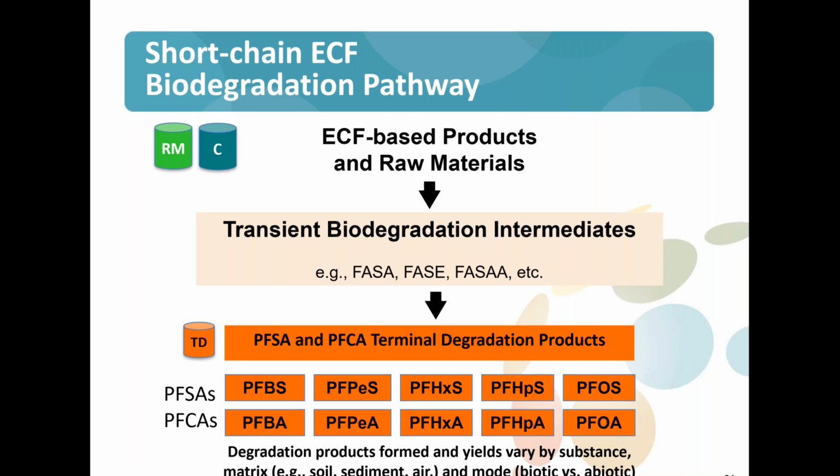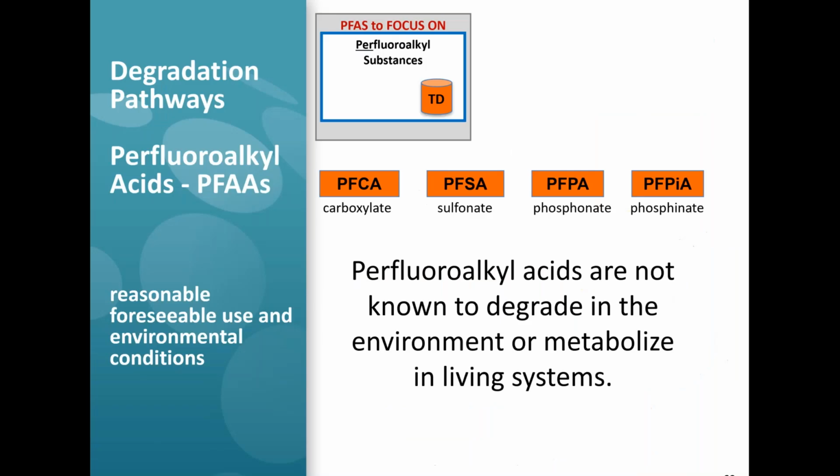Okay? All right, let's move on and talk about the next box, the perfluoroalkyl substances. And this one's going to be easy. For the perfluoroalkyl acids, of which the 4 general types are described here, these are generally not easily degradable substances, particularly the carboxylates and the sulfonates. They are really stable. They don't undergo biotic or abiotic degradation that we're aware of. You can destroy them thermally when you heat them up hot enough.